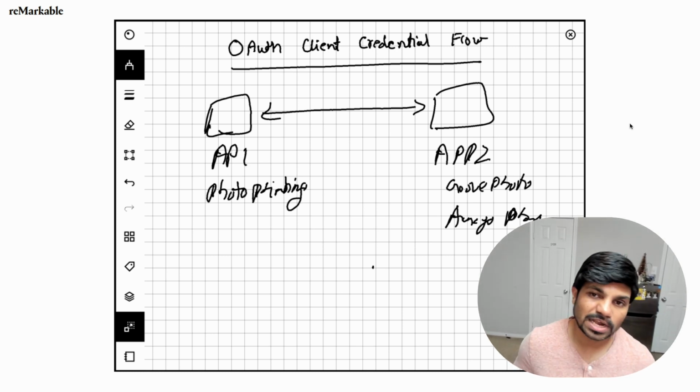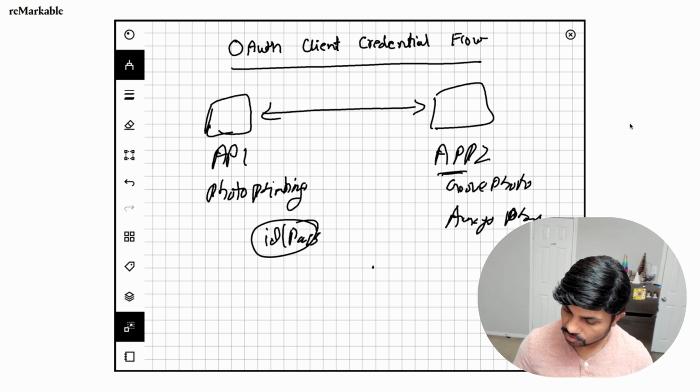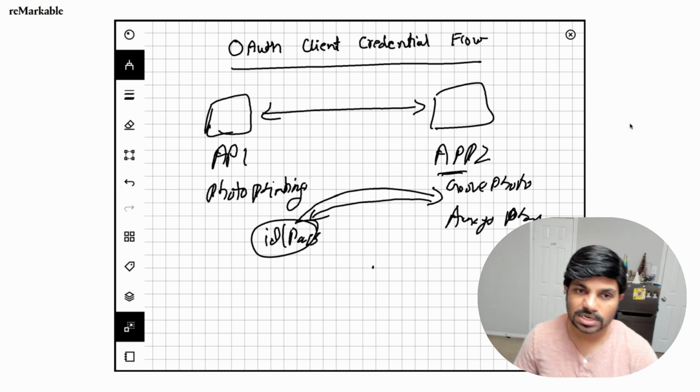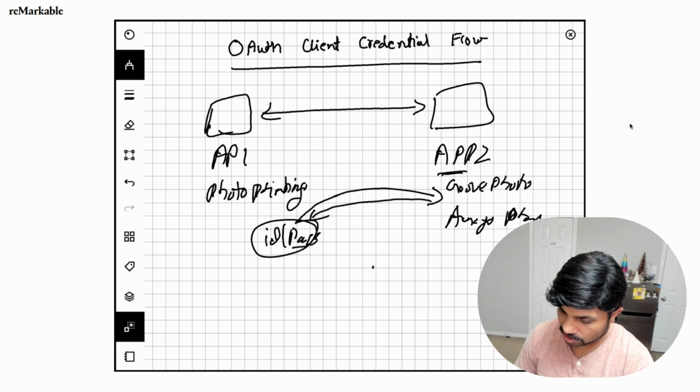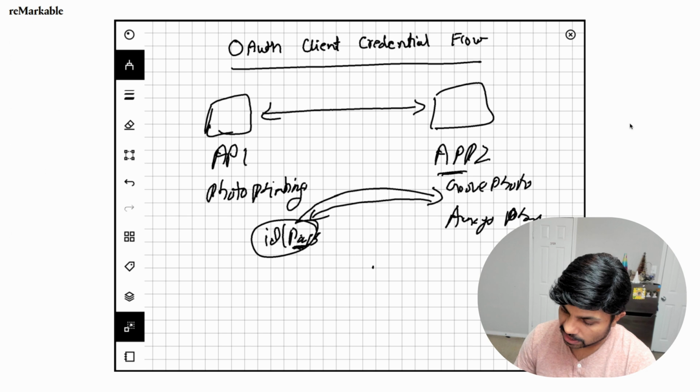First is, as I also shared in my previous videos, that this app can provide the ID and the password so that another app can simulate, like impersonate the login, and access the data. But the problem here is this is a breach, because once this app gets the password, it can do a lot of other bad and nasty things. So the best way is that this app can provide an access token